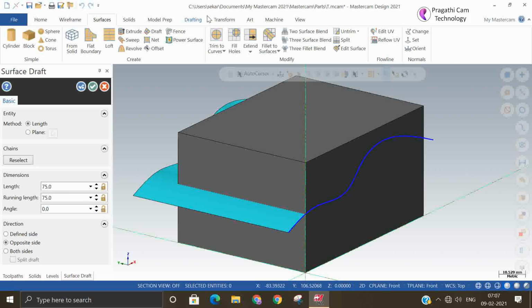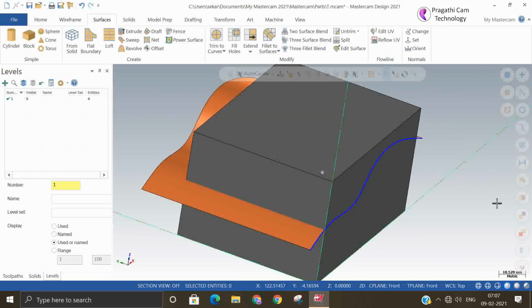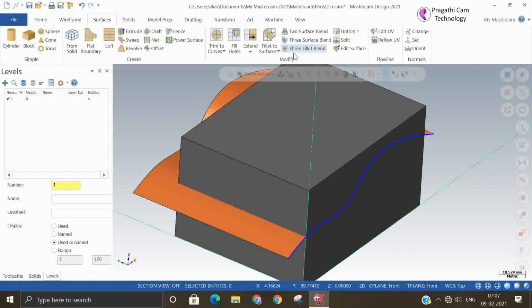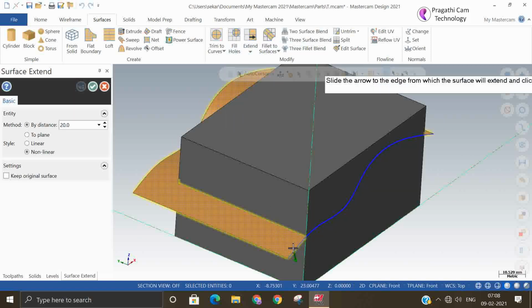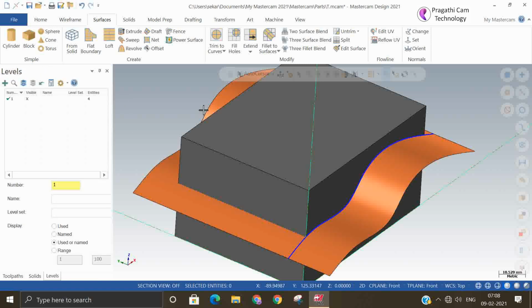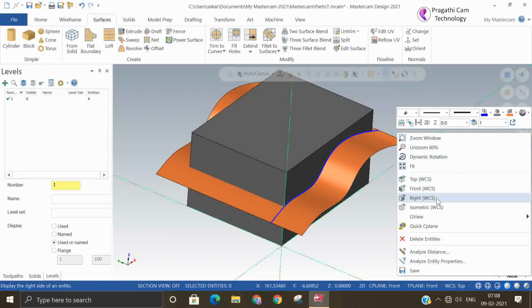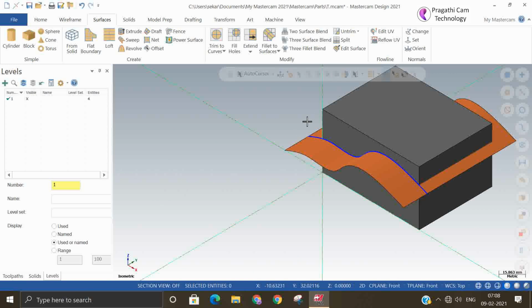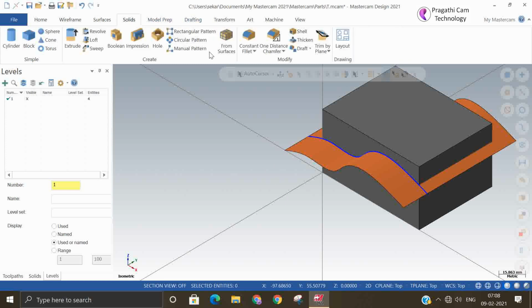Okay. So now we have a surface and solid intersecting. If you want a little extension, you can extend it so that it's fully through the solid. Now you can go here: solid, surface, trim to surface.